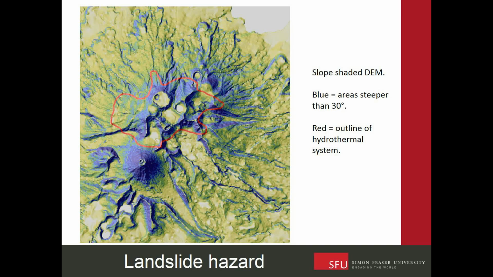So the eruptions from 2012 were actually right on the edge of the hydrothermal system just here. And we could see in the clasts that came out of that there was a mixture of fresh and altered rock. So that matches nicely with its position right on the edge of the system there.